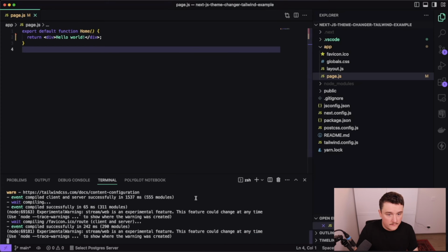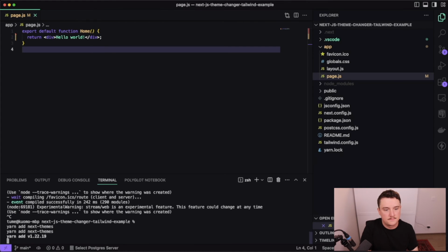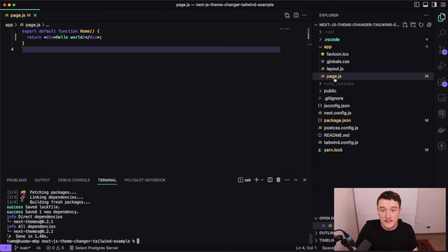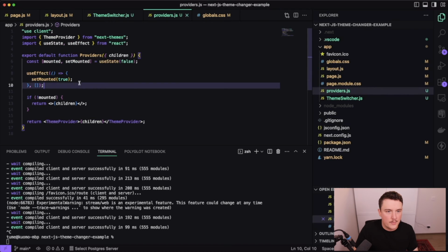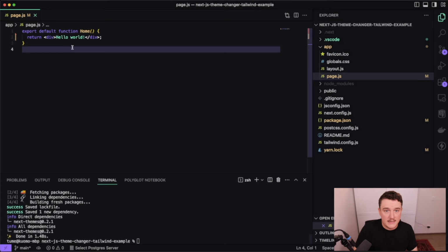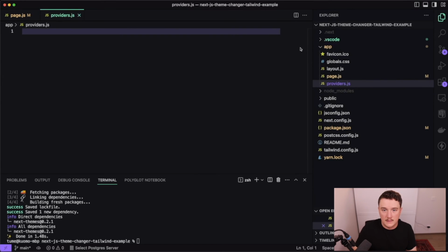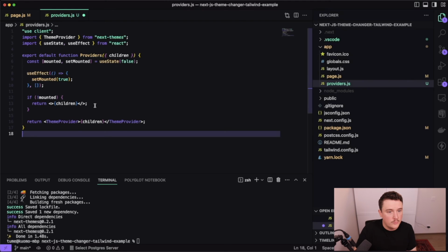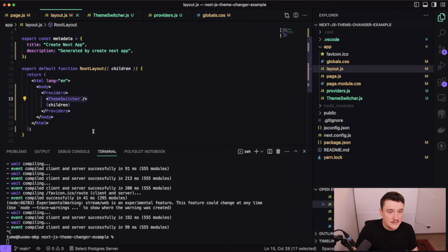So I'm gonna go to the VS Code and run yarn add next-themes. And now we want to add the provider again. So what I'm actually gonna do is switch back to the first application and just copy everything from our providers.js and switch back to the new application with Tailwind CSS and create a providers file like this, paste in the code and save it. And then for the layout, I will switch back to the first application and just copy